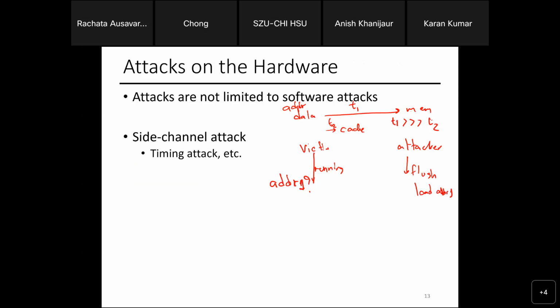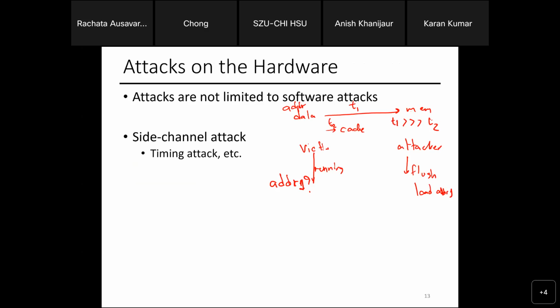Now, what is in the cache? Address 1 is going to be in the cache. The attacker constructed the attack by first getting rid of everything in the cache, then putting only one thing in the cache, address 1. If the victim doesn't access address 1, what will I see?